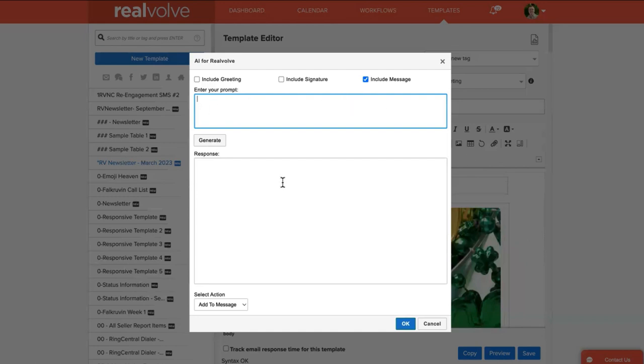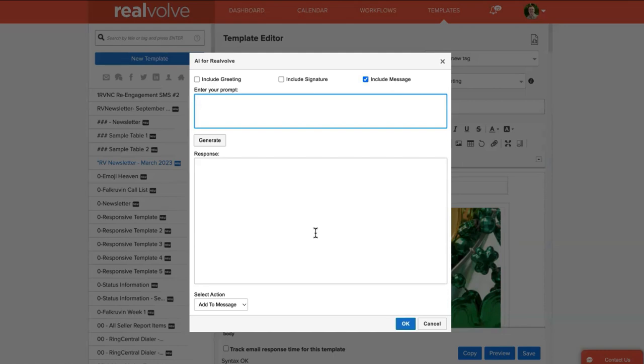Once it did that part, I thought, well, I also want to add a checkbox for including the greeting and the signature. And then I said, well, I want to potentially use the message that's already in there for something. And so I described what I wanted, and ChatGPT wrote the code, amazingly enough, and fairly well for the